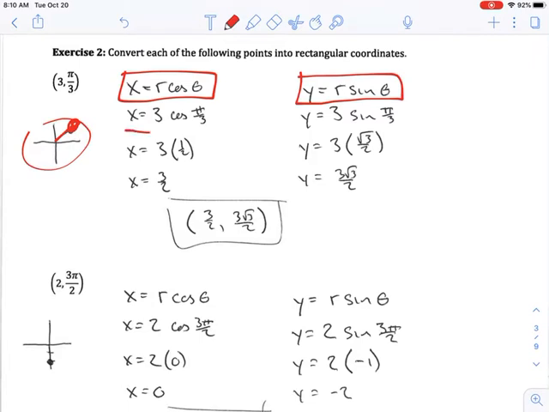we end up with 3 cosine of pi over 3, which is 3 times 1/2, which is 3/2. And likewise, over here, we end up with 3 radical 3 over 2. Both of those are positive, just as we were expecting. And so our x, y coordinates are 3/2 and 3 radical 3 over 2. The next one,